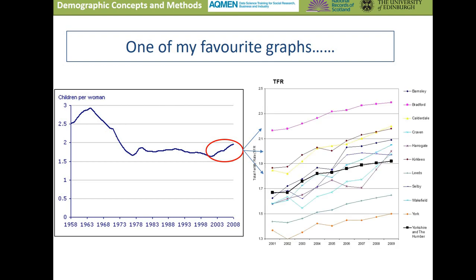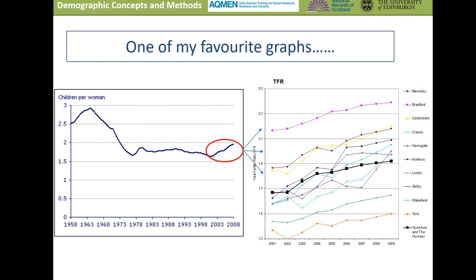areas. So here, if we look at a graph for districts within Yorkshire, we can see here a time series from 2000 onwards and a similar measure here showing the number of children per woman. And we can see that increase in the numbers of children per woman over the 2000s occurs in all of these different areas. So something that wasn't predicted by demographers is something that was quite widespread, occurring in many different